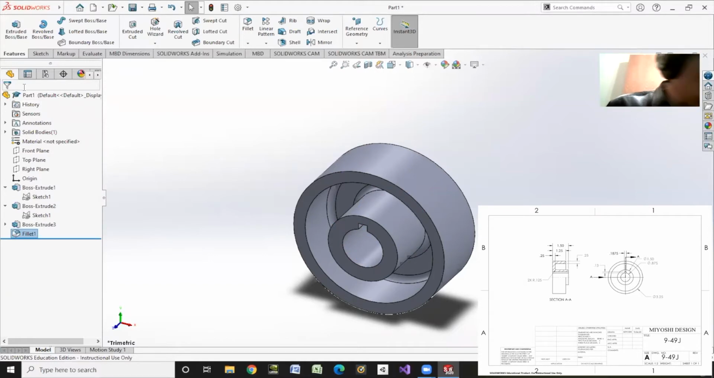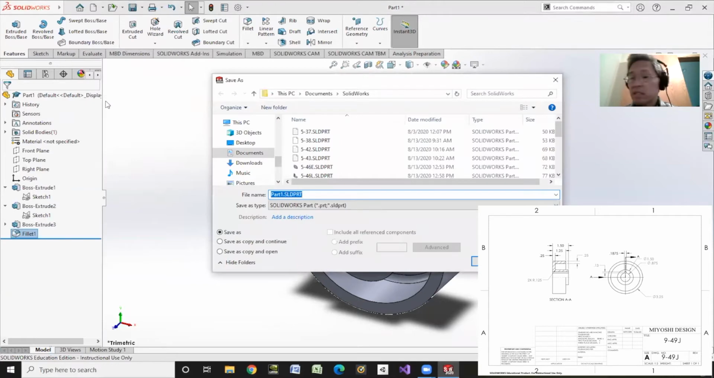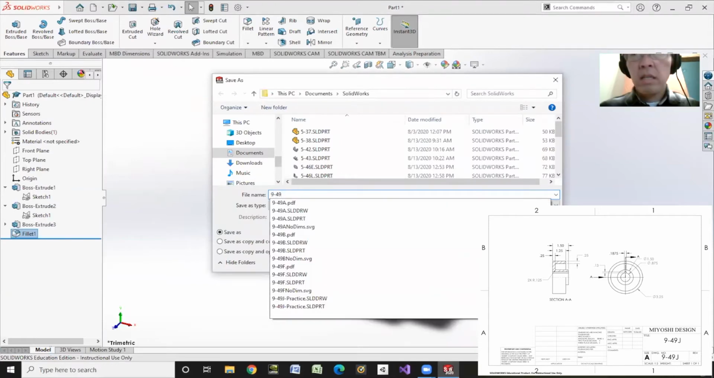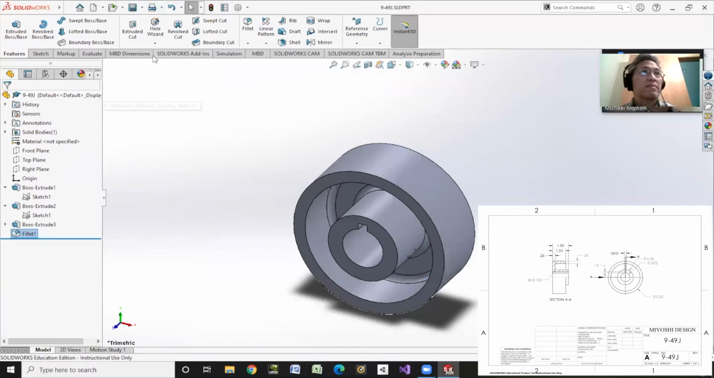There's a fillet on the outside. Oh, right, there we have it. I'm going to save this guy up. Save. And this is called 9-49J. Notice I did this one before, just to practice, but I did it so I can have all the dimensions right. All right, so now we're going to make, after we save it, we're going to go ahead and